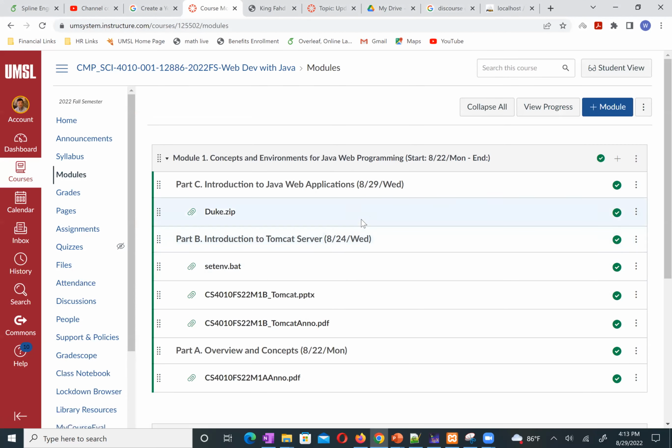In module C today, the topic is Introduction to Java Web Applications. I uploaded a zip file called duke.zip. This is our example. When I work on Tomcat, I will deploy and run this example. If you want to, play around, if you have a chance,